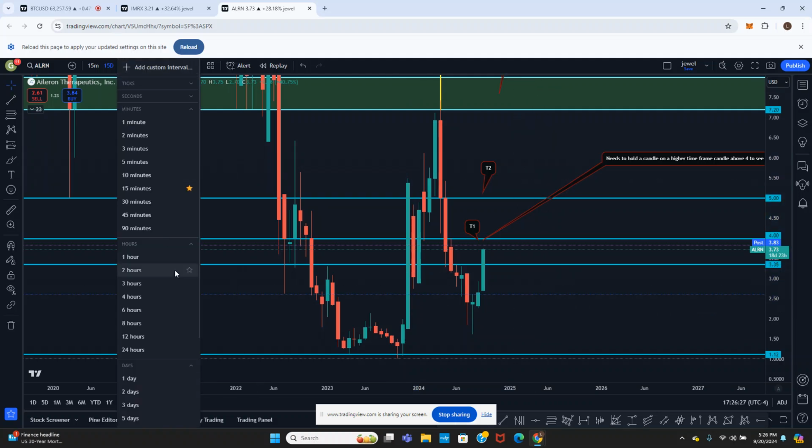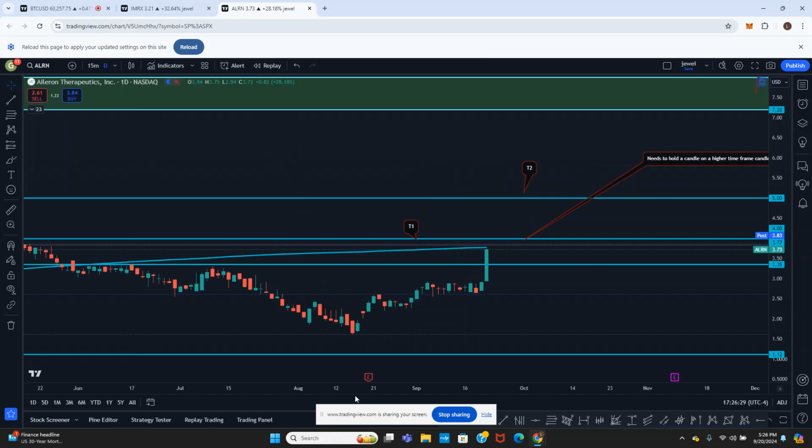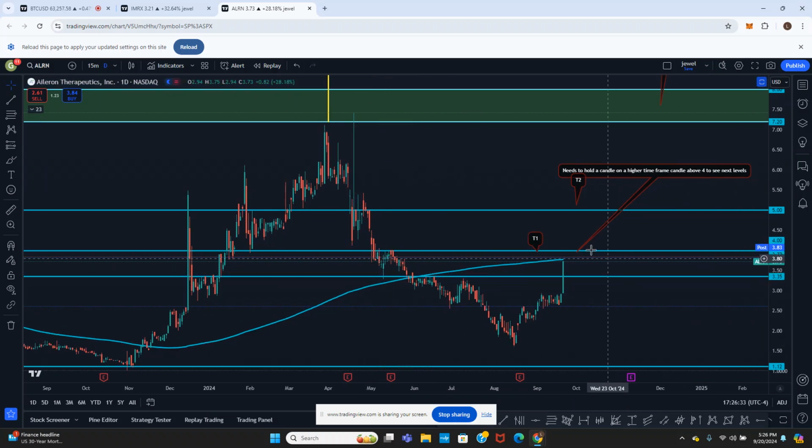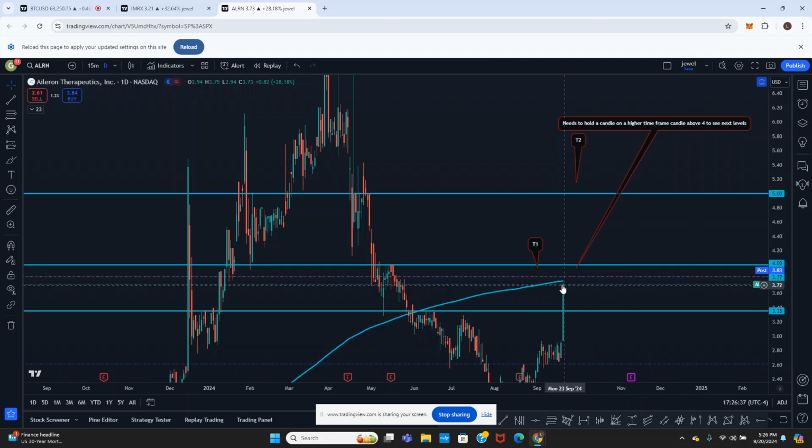But let's look at the daily here. Let's see what we've got on the daily. Let's zoom out. Okay, we're hitting 200-day resistance on this. So the 200-day is getting hit. It's actually post-market above there. So if it can open up, you can see the heavy resistance here at $4. If it can open up above there, this thing can really start moving. The same thing on